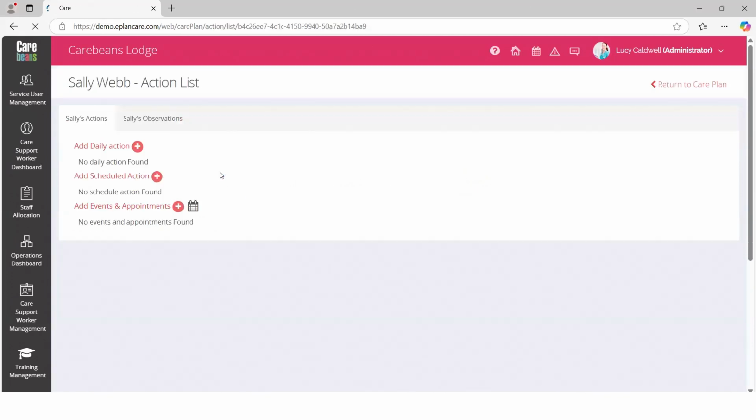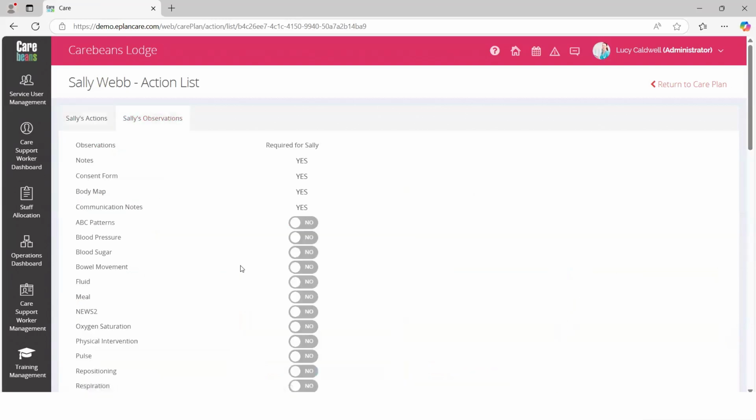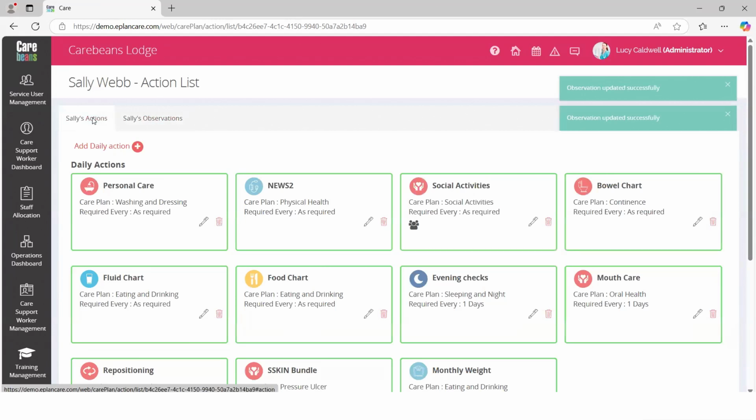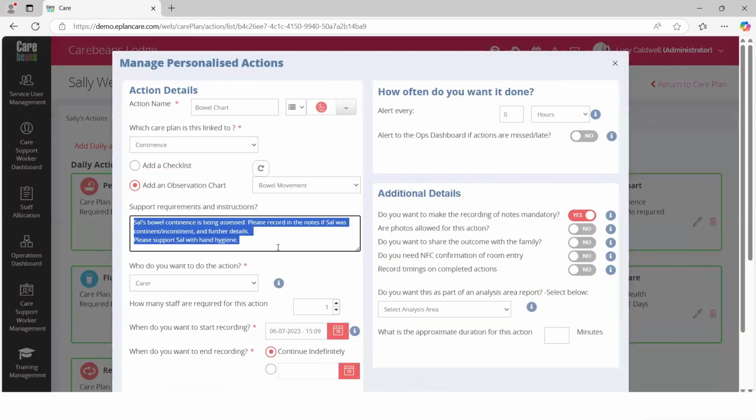But if I go into this action page here, now you'll probably be aware that we have the ability to just switch on a bowel movement chart, but this doesn't allow you to put any sort of person-centered instructions on. So I would suggest creating an action and then attaching a chart to it, because then you can put person-centered details in it. So what I mean by that is I've created this bowel chart here. If I just go into this, I've put some person-centered details in here, which I can't do if I just switch on an observation. So I've attached a bowel movement chart, the Bristol stool chart, to this action, and it